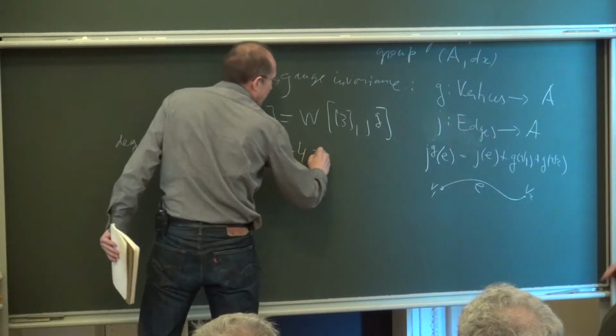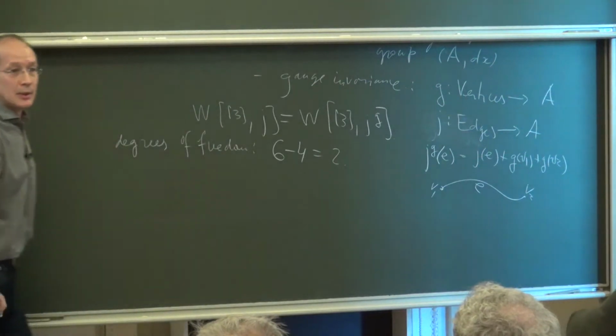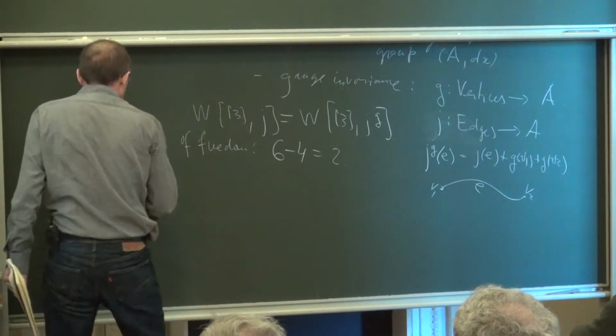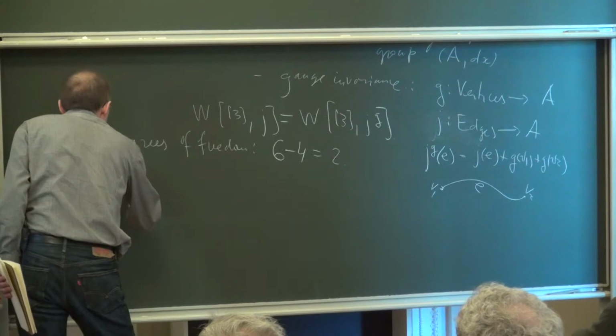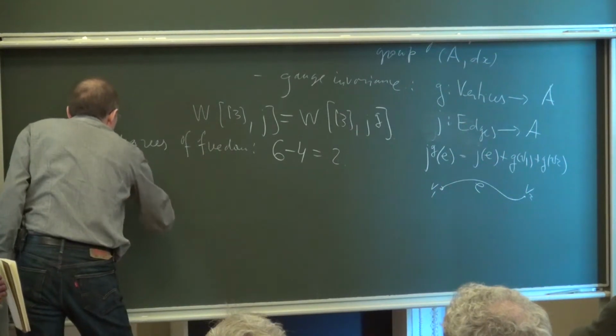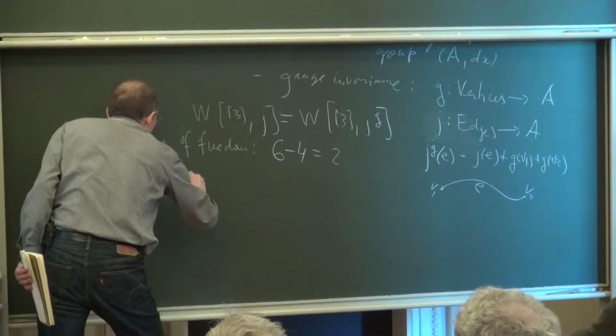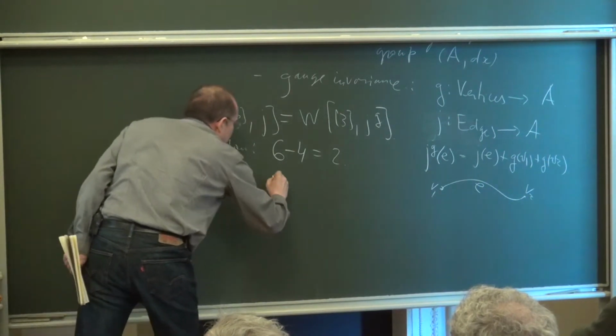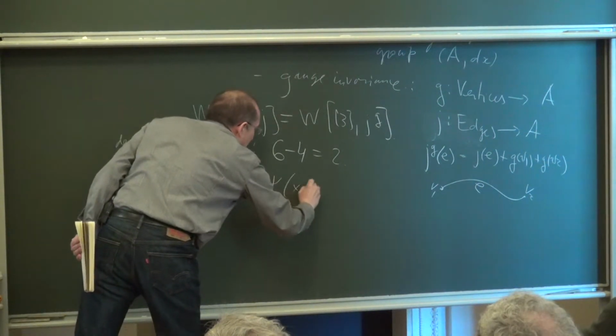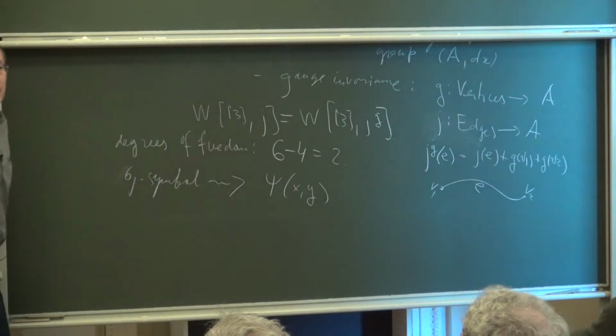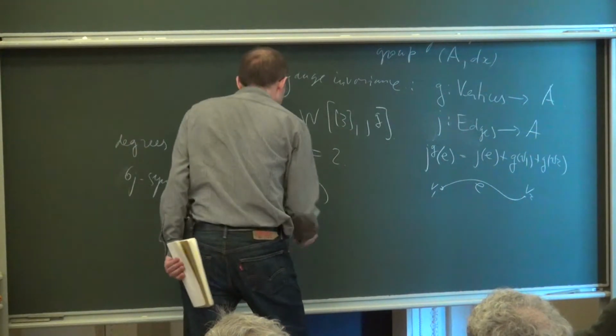So the true degrees of freedom is just 2. And then the 6j symbol goes to a function of 2 arguments, given by